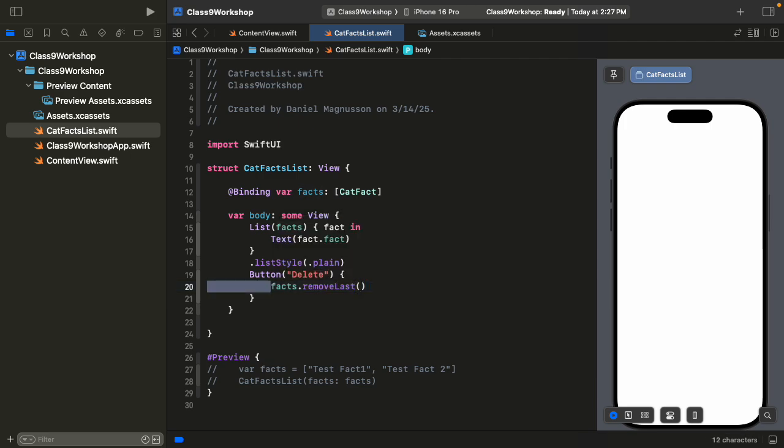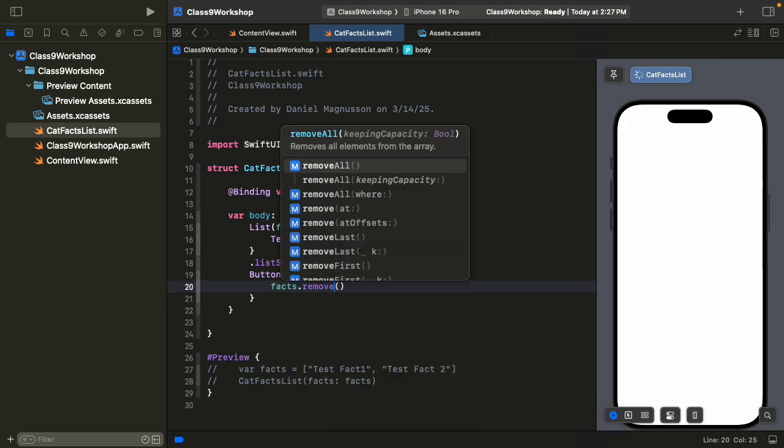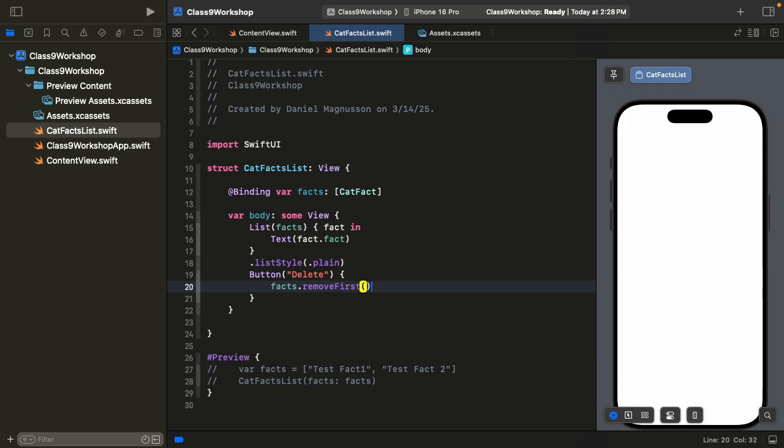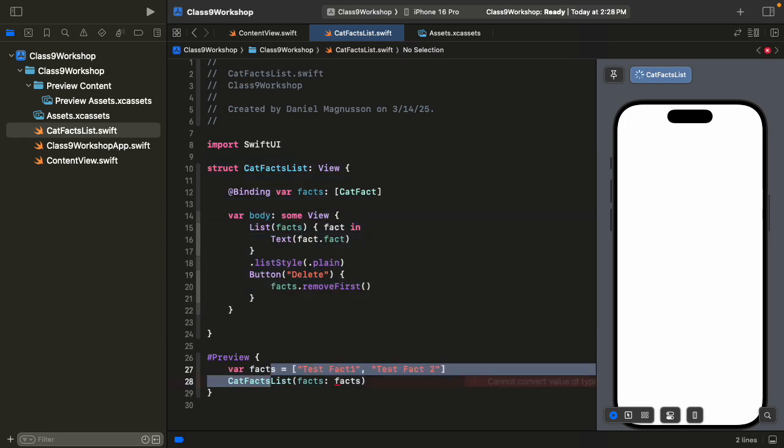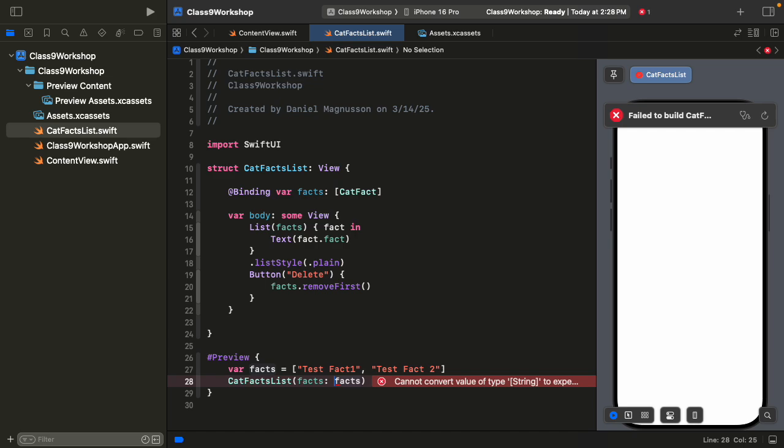Okay, this will... because it pushes. It depends. Let's go ahead and remove first. Actually, remove first. Okay. So what this will do is it will remove the first fact that is there when it gets played. Oh, also, now that we've seen how it looks normally, okay, so here we are in our